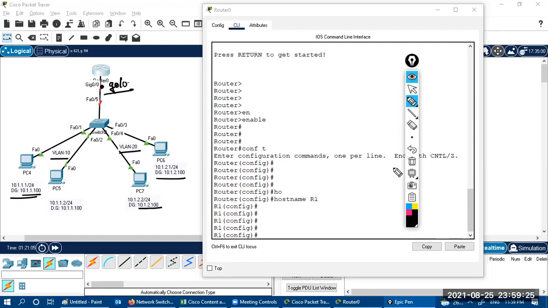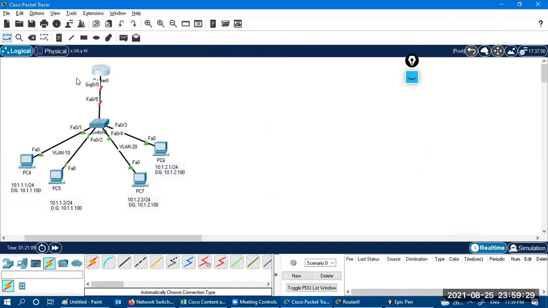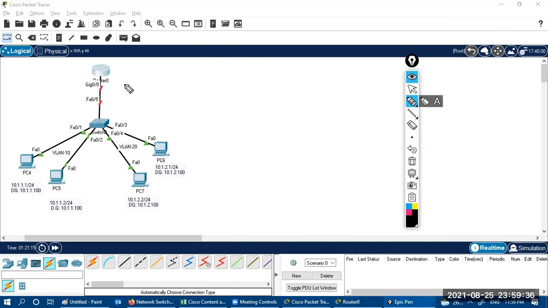The solution is we can split this physical interface into smaller chunks, called sub interfaces. We can split this Gig 0/0 into small parts: Gig 0/0.10 and Gig 0/0.20.